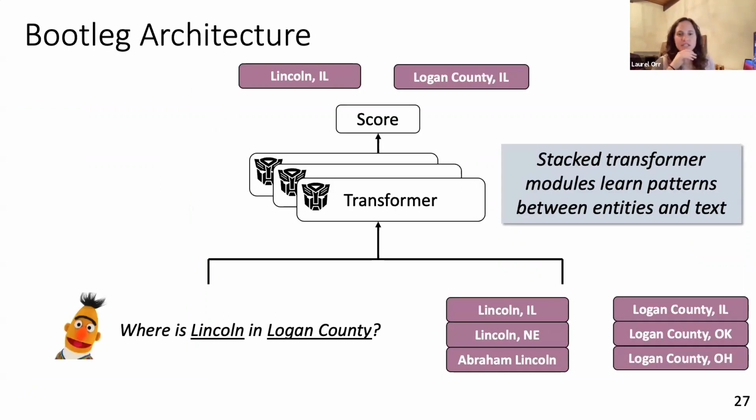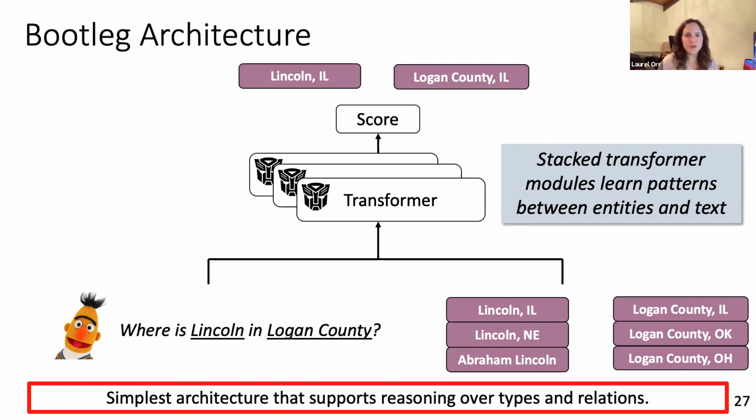And so this payload information is sent into our neural model. And I want to highlight here, this is not a fancy model. This is not complex architecture. We tried to keep it as simple as possible while allowing us to still encode this information. And so we use this omnipresent transformer module. We stack them together and have it learn patterns across these learned representations, as well as by feeding it the sentence. More details are going to appear in an upcoming machine learning paper, but the high level takeaway here is that we chose a very simple architecture that just allows us to learn patterns between the sentence itself and all of the entity representations in the sentence to output the most likely candidate.